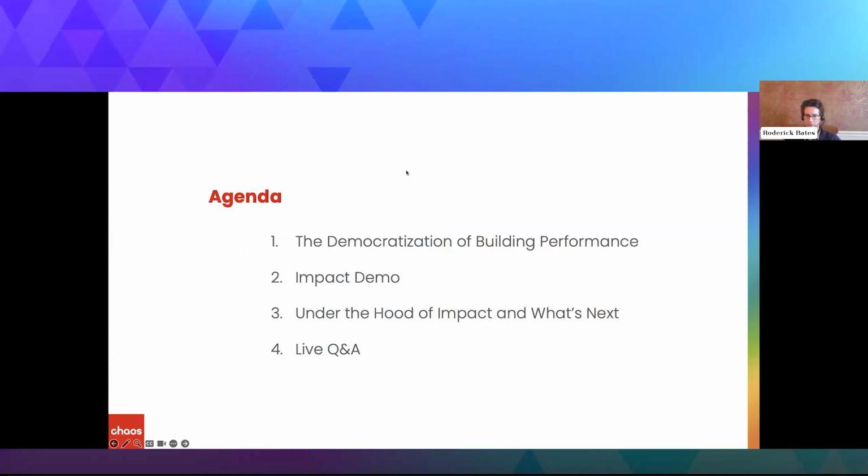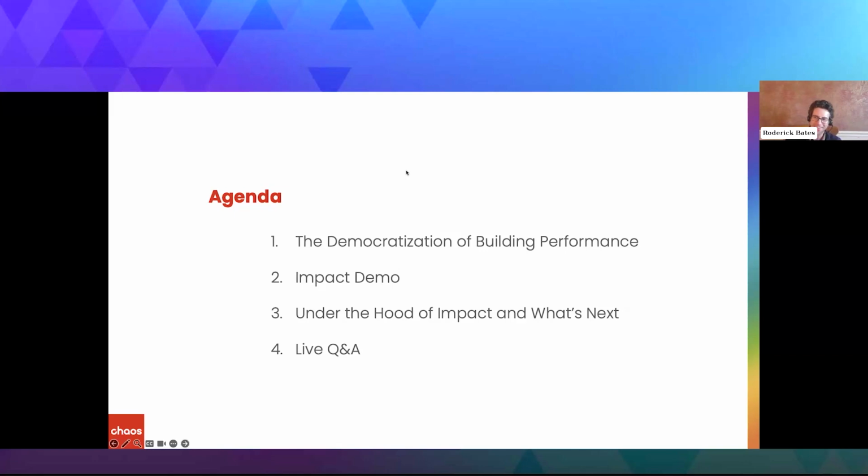And then we're going to do a little demo. The challenge, of course, with live demos is that they're always boring and don't always work. So I have a nice little recorded demo that I know works, but it's the real tool in action. And then we have under the hood. I think after you see the demo and a little bit of background, a lot of people are going to wonder,